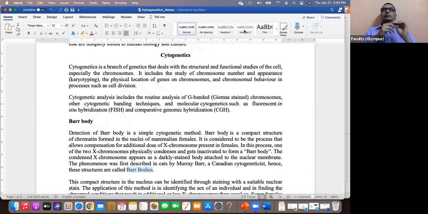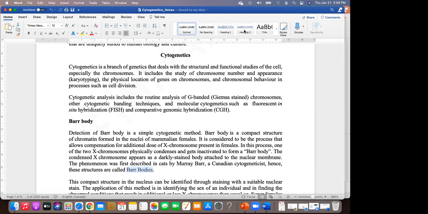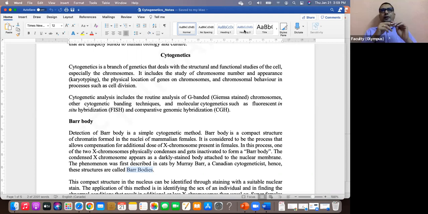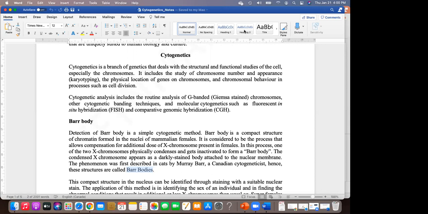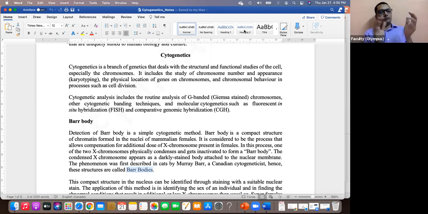Think about an analogy. Let's say you have lumps of dough and free powder, and you are flowing some color through it. Which one will hold more color, a lump or loose powder? Lump, because a lump has an aggregated structure where color can get trapped. Correct. This is what happens with the bar body as well.